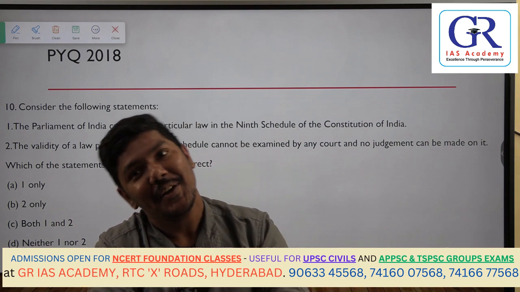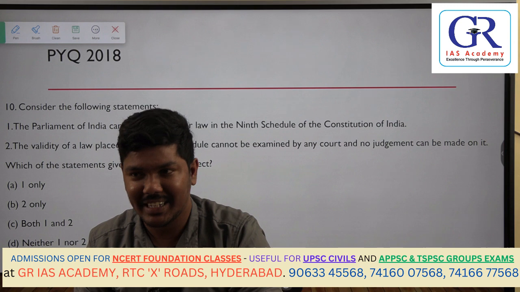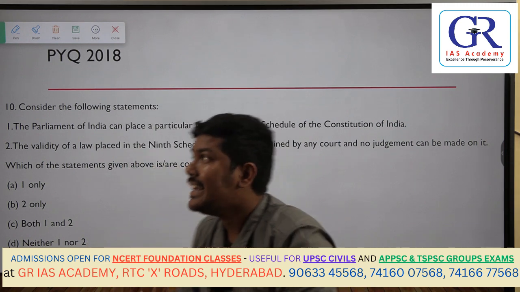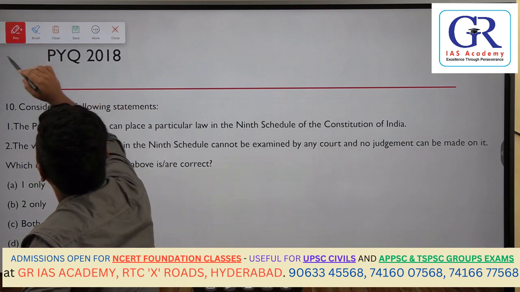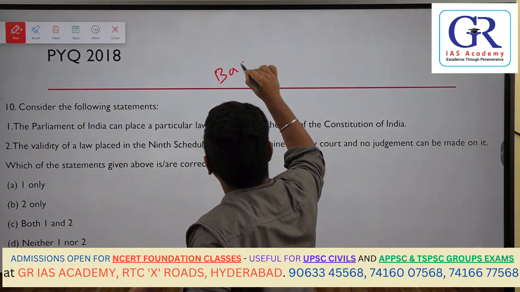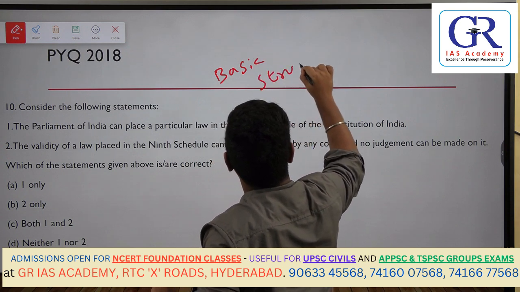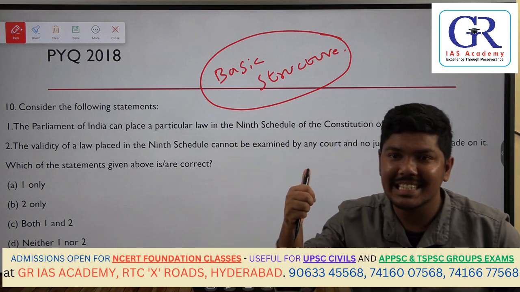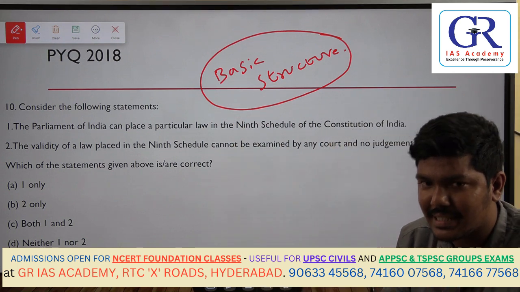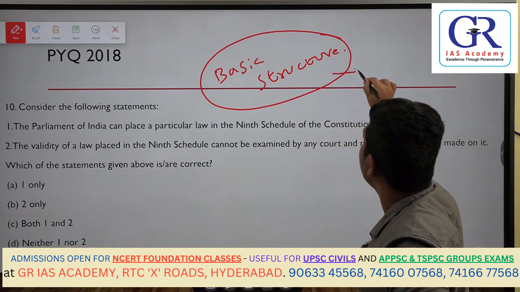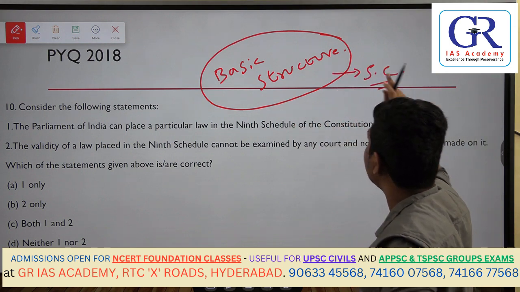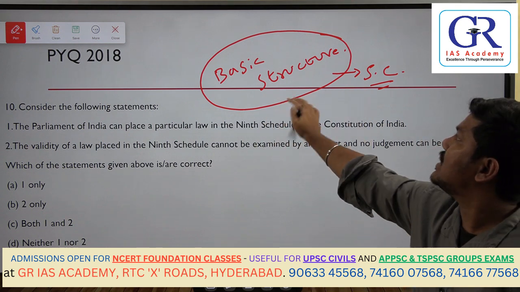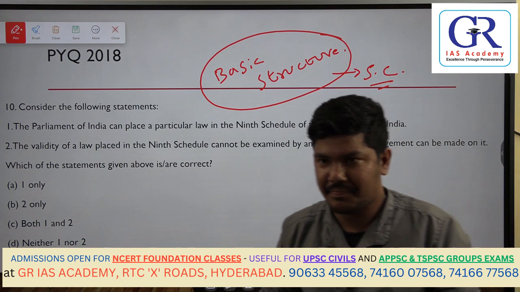The Supreme Court has said that, okay, you keep the laws in it, and even if they violate fundamental rights, I agree. But there is something called the basic structure. This is pretty advanced for us as of now, but please be very thorough. The basic structure was innovated by the Supreme Court of India, which said that if laws made by Parliament violate this basic structure, I cannot accept.